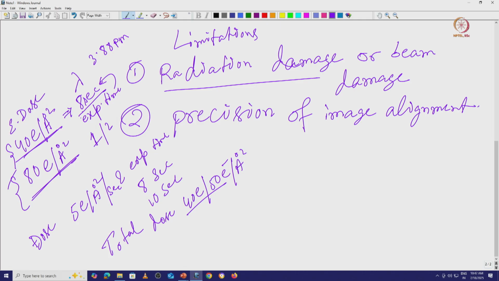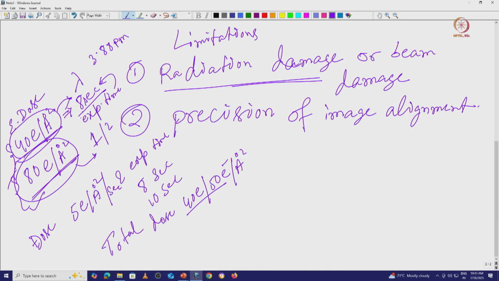So the take home message is that the total electron dose will be 40 electrons, or you can go for 80 electrons also. In that case you should not go for a long exposure time, you should reduce the exposure time to 1 second, 1.2 seconds or 2 seconds, something like that. So you always have to consider how much total electron dose you want for your sample. Always remember that if you have a stronger electron dose for a longer time, it will cause radiation damage.